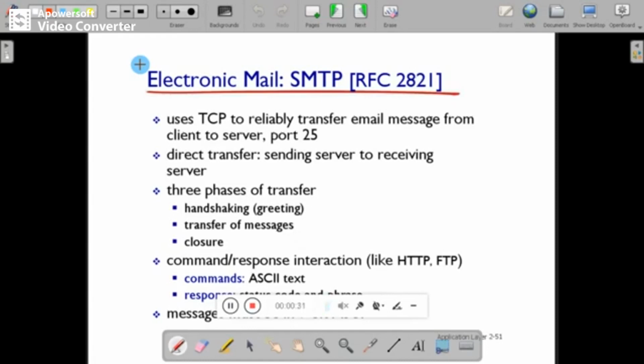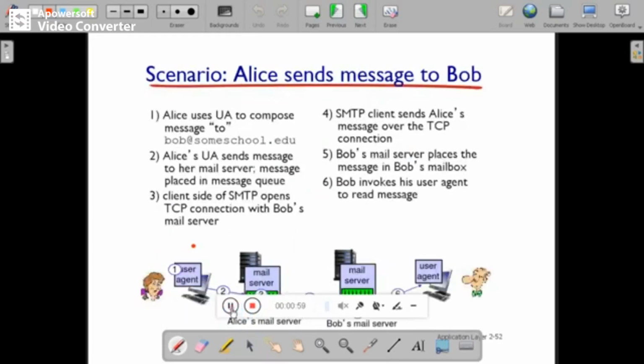In case the mail is not delivered due to an improper address, then the sender will get a notification regarding the failure of the message. And one more thing is SMTP makes use of port number 25 to establish the connection between sender and receiver.